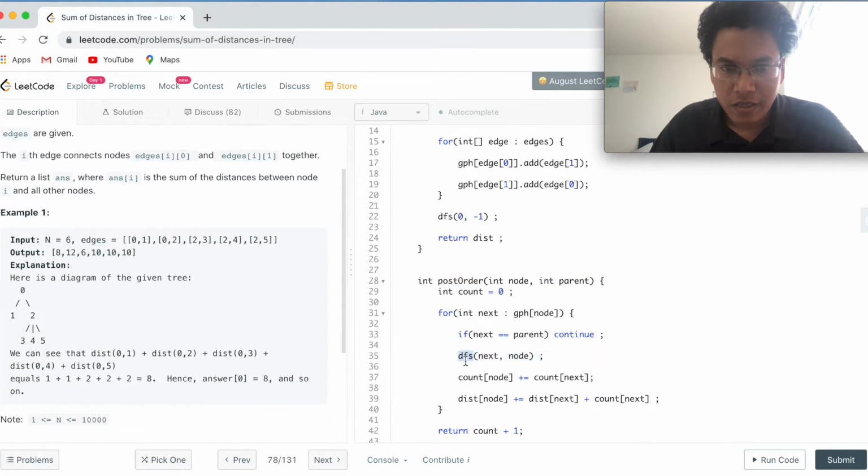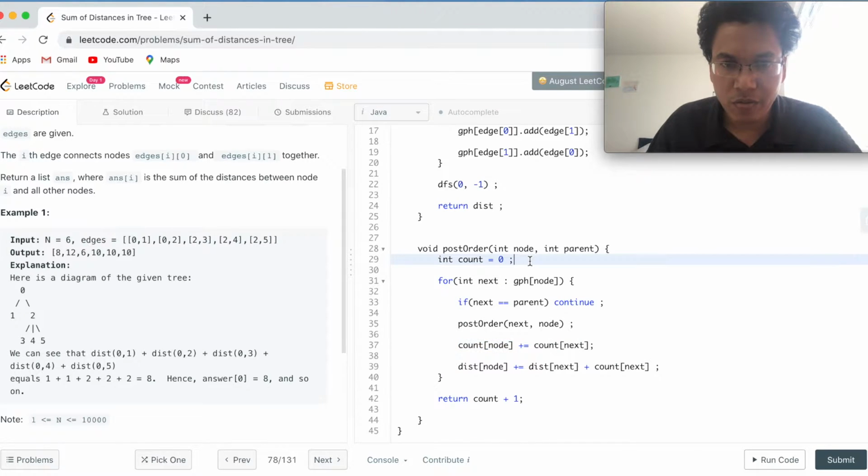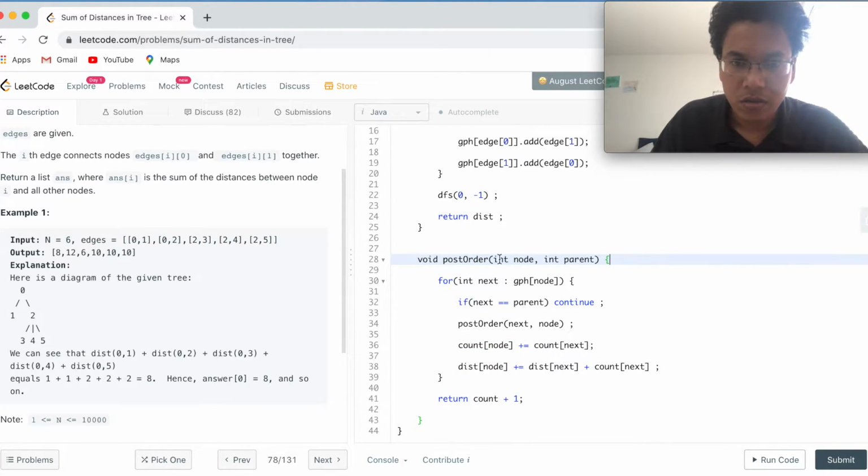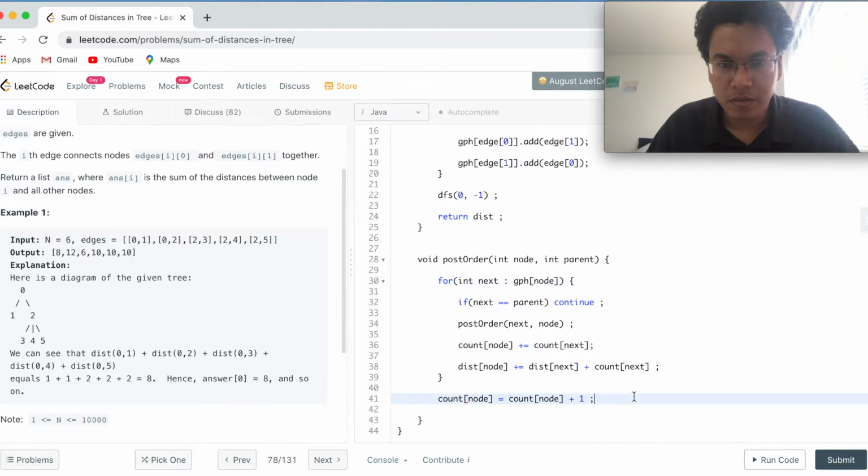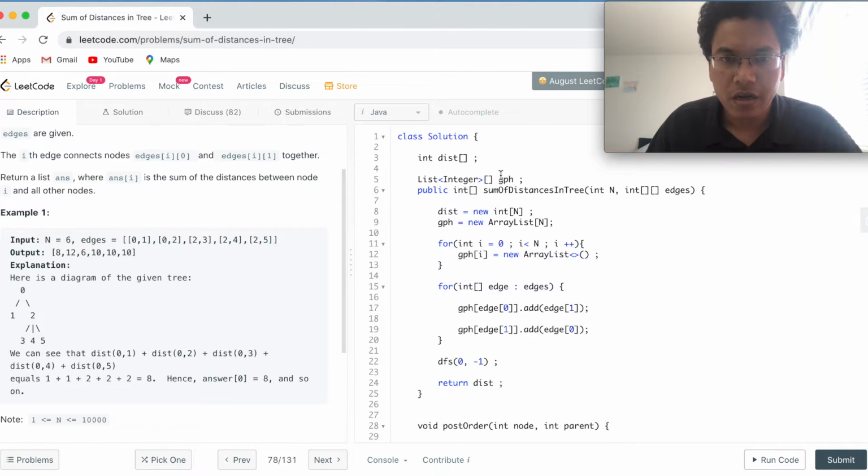And I can call this post order method. We have to get rid of this count, and we have to say count of node equal to count of node plus 1. Good. Now we also have to define this count because we have not yet defined that.